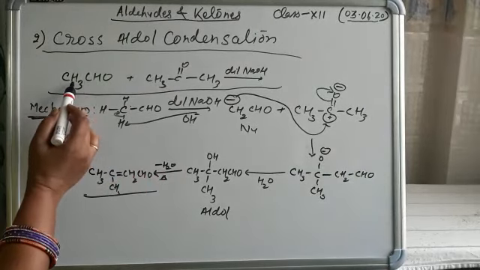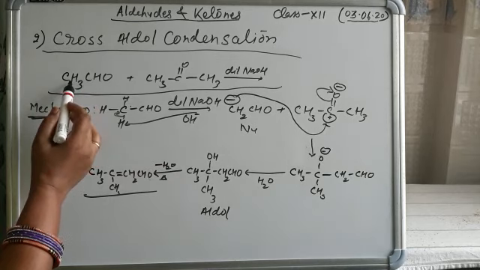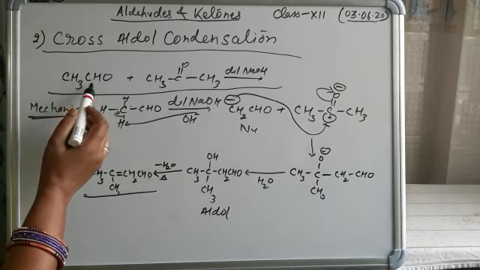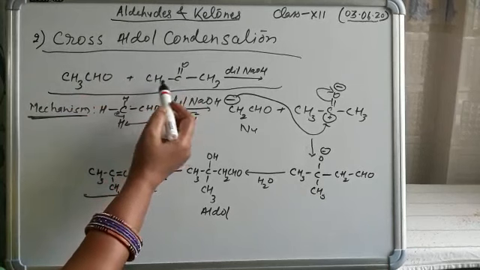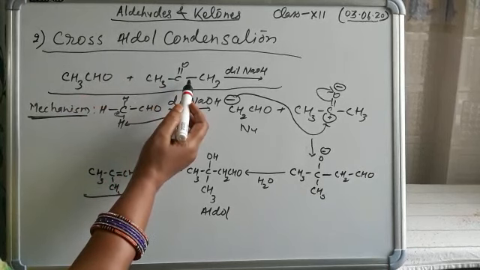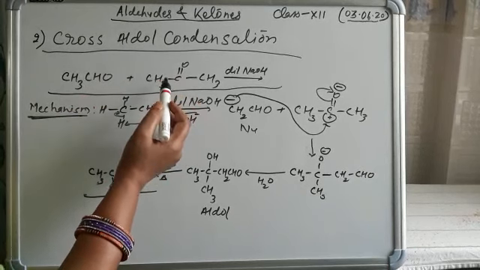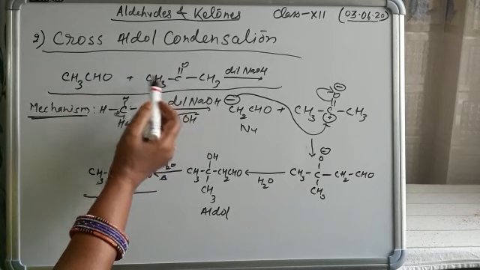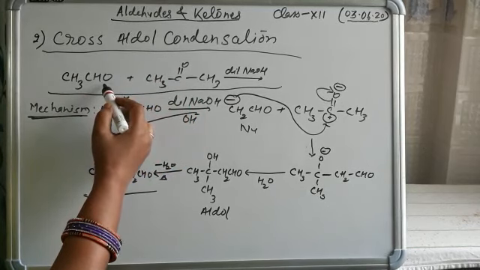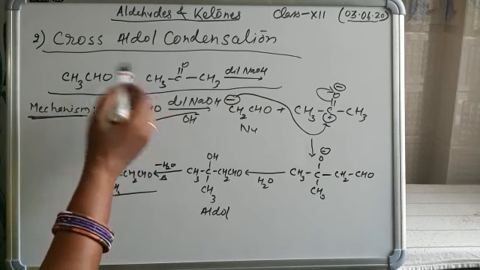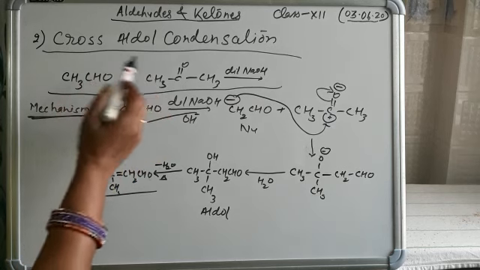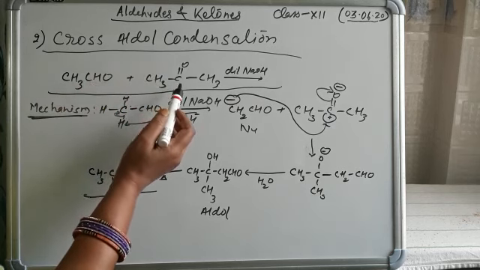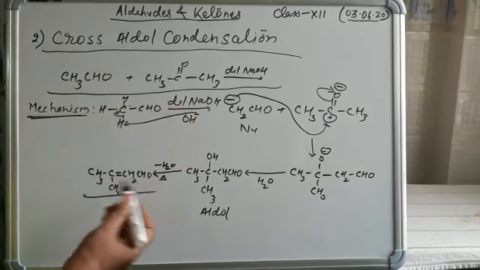Here ethanol reacts with each other to form protonaldehyde. When acetone and acetone react with each other, they form another compound. And when this becomes the nucleophile and this becomes the electrophile, one of the products forms. And in reverse, when this becomes the nucleophile and this becomes the electrophile, another product will be formed.